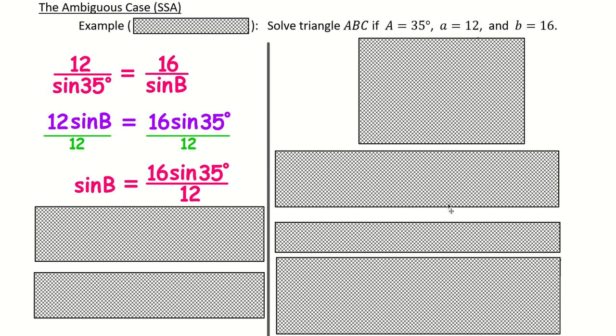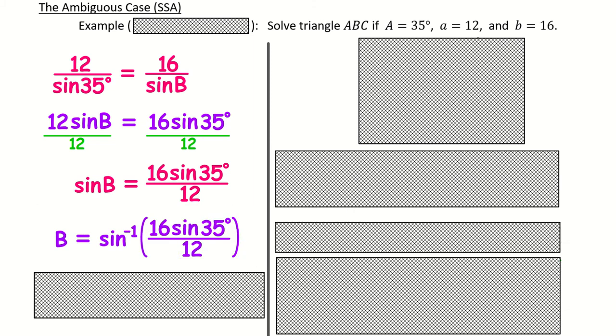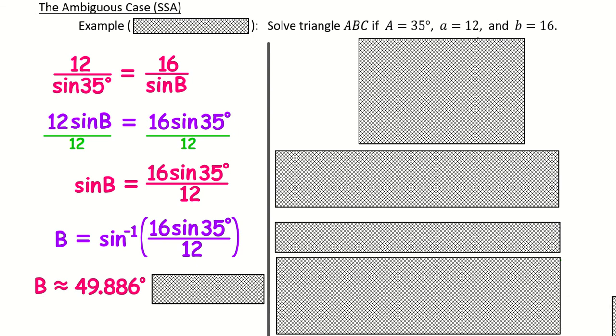Divide both sides by 12 to get the sine of b all by itself. Now what do we do? We do an inverse sine to figure out what the angle is. Inverse sine of all of that. And so, what your calculator is telling you is about